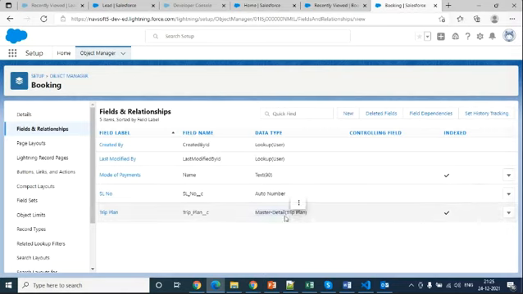You saw that previously it gave the error because there was data on this booking object, and without any connection between that data, you were trying to create a relationship field, so it threw an error. If you face such scenarios in real time or at work, first create a lookup relationship to connect the child object to the parent object. Then you can make it a master detail and it will work for you.